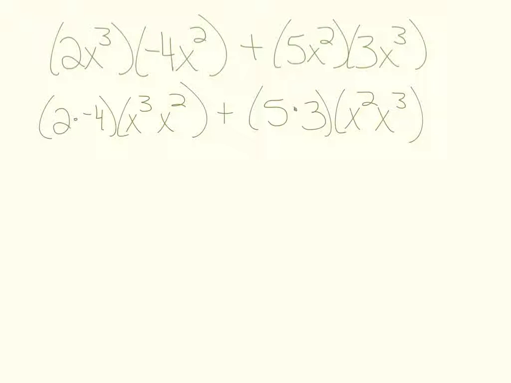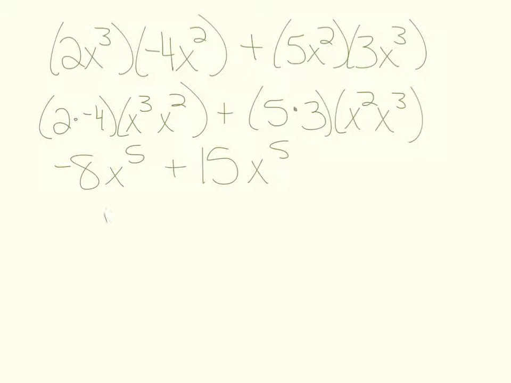So I look, 2 times negative 4 is negative 8, x to the 5th, plus 5 times 3 is 15, x to the 5th. Now I'm adding, these are like terms, right? They both have x to the 5th, so I can combine them. If these weren't like terms, I'd be done. Couldn't do anything. But since they're like terms,